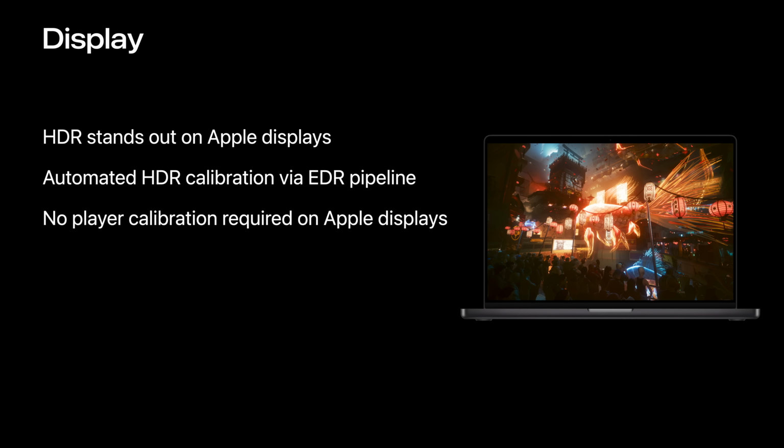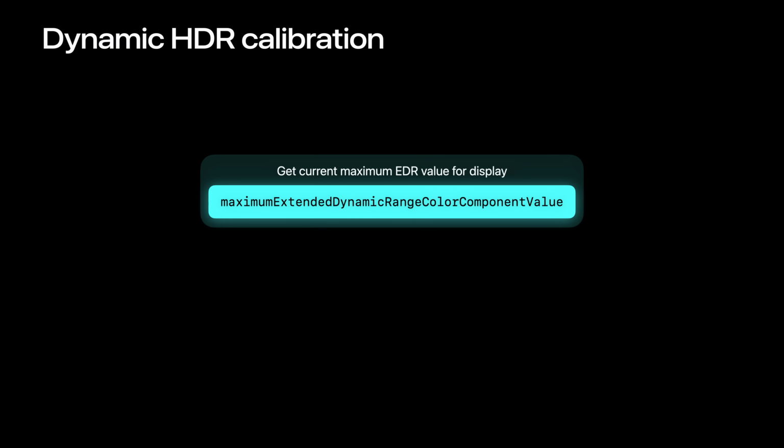They get the best HDR presentation and never have to manually adjust their HDR settings on a calibration screen with Apple displays. To dynamically calibrate our HDR output, we simply poll the maximum extended dynamic range color component value to get the current maximum EDR value for our display, and then send that to our tone mapper. This value can change dynamically depending on the capabilities of the display hardware and other conditions. So using this to drive your tone mapper's maximum HDR output will always result in the best possible HDR rendering